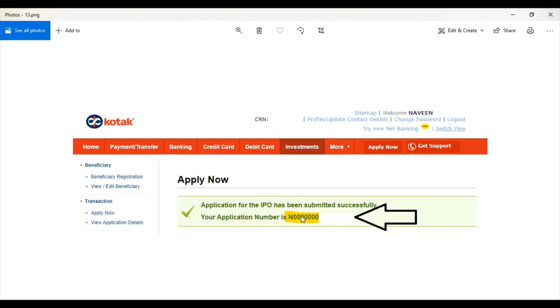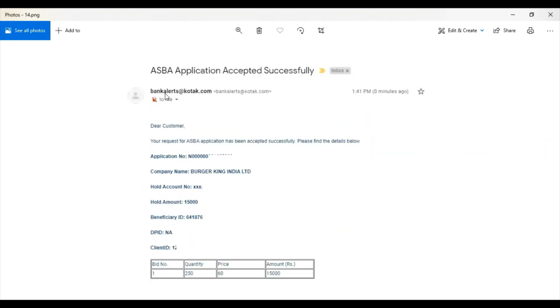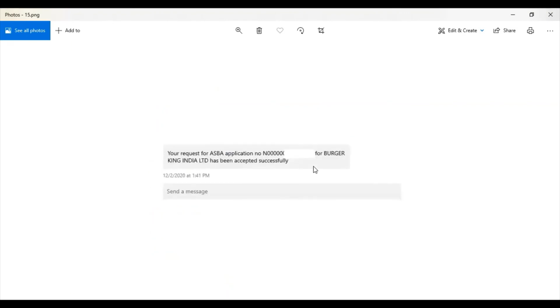Most probably within the same day or next day, you will get a message from BSE or NSE to your mobile or mail saying that Kotak net banking, I mean Kotak, applied the IPO application on behalf of you, and these are the details regarding those IPO. So all those application details will be sent in that email or message, and the same bank will send in form of email actually. So this is the email I have received for Burger King IPO. This is just like a confirmation, double confirmation from the bank side. The same will be sent to your mobile also, as a text message. This is a text message screenshot.